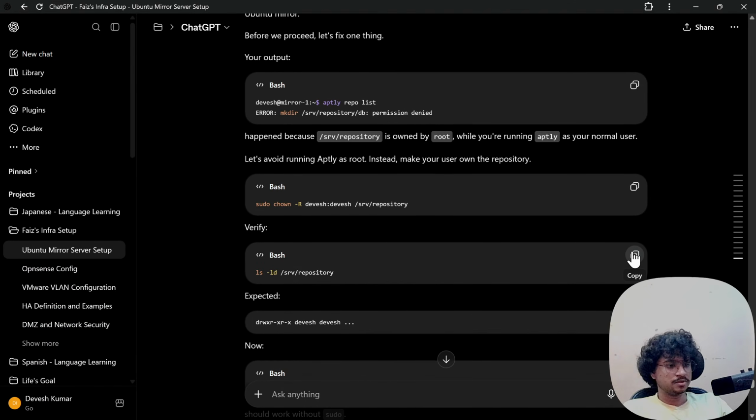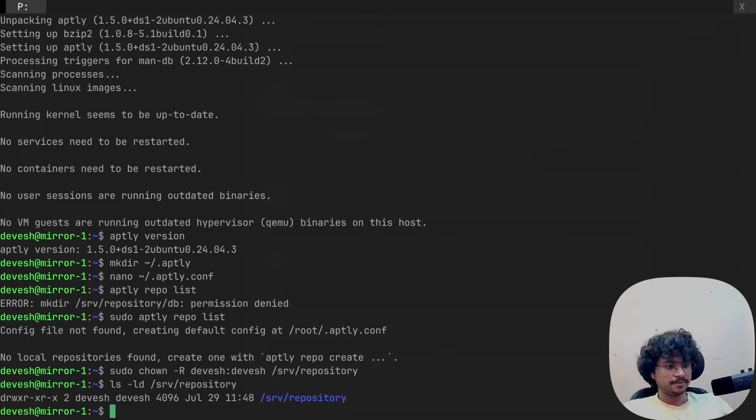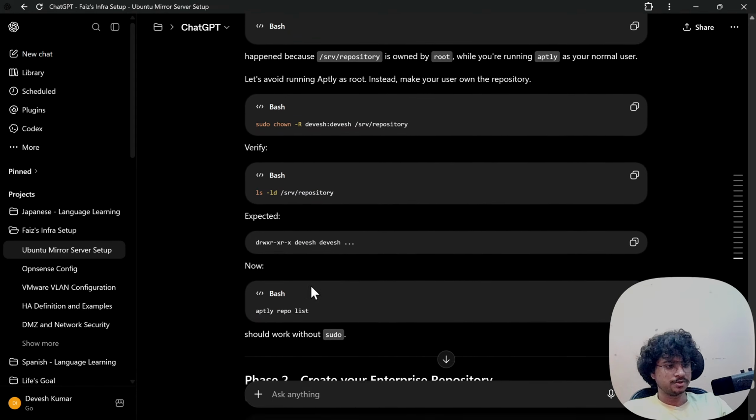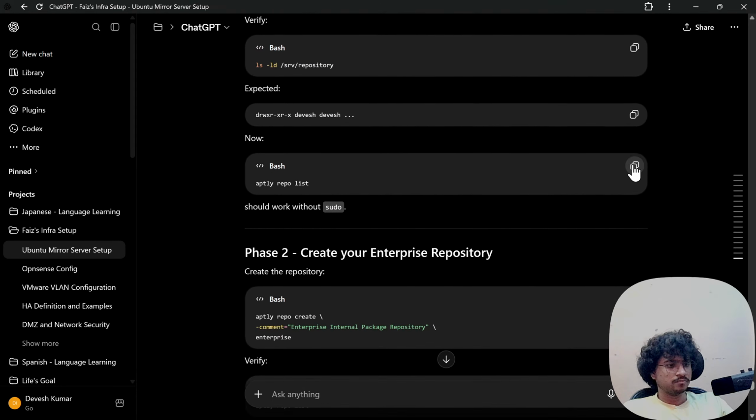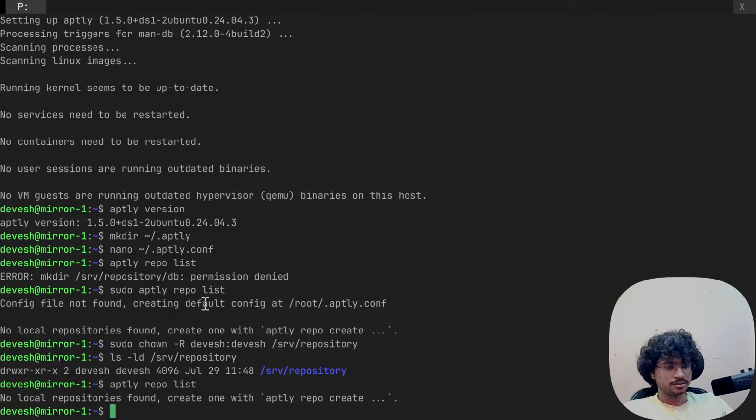This will verify. You see, now the user and group are both devesh. Now if you do this: no local repositories found, create one with aptly repo create.